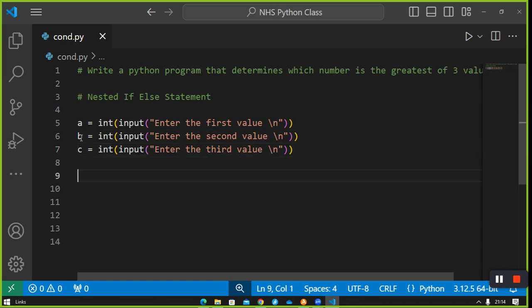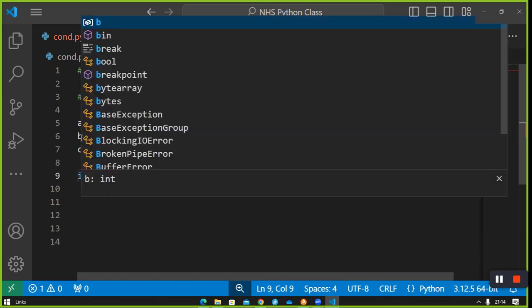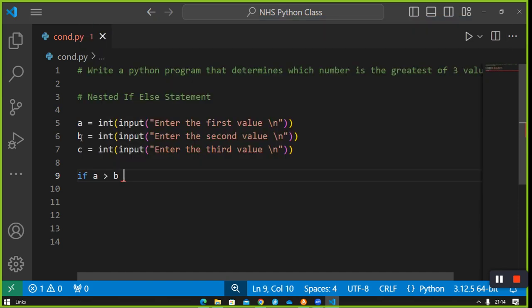Then once we have the three, let's get the formula. Everybody, let's bring heads together. We say if A is greater than B and C. Let me check, I think A and B goes, and C, I think it goes. If A is the greatest of A and B and C, then we should print